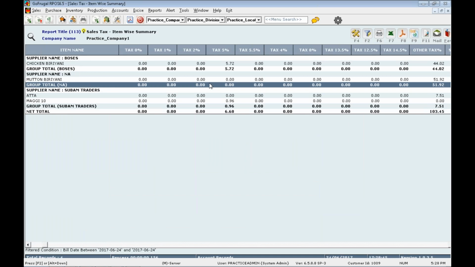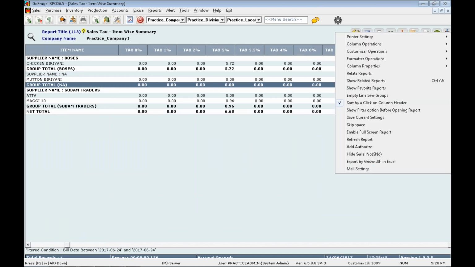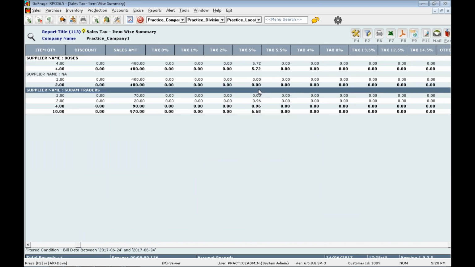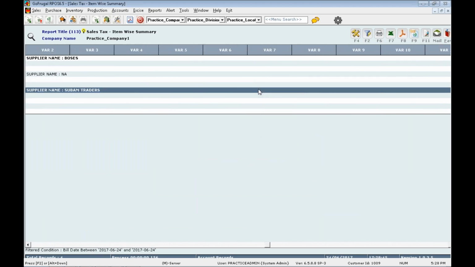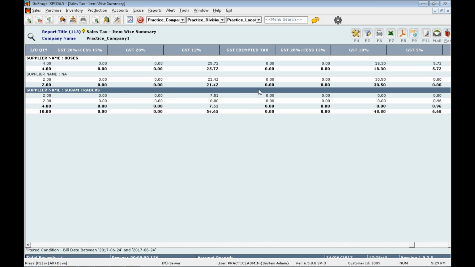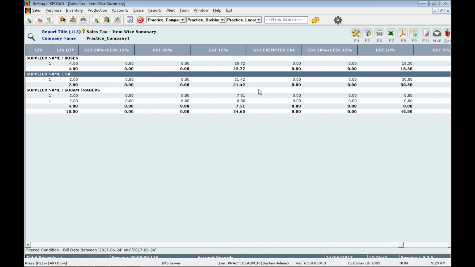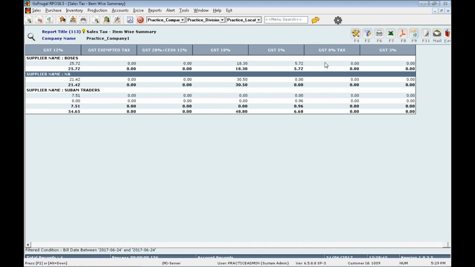Here we can see for all items, the GST percentage based has been applied and also split up. Like this, you can go through all the 7 reports which we have released as of now for the purchase and sales, and you can verify that tax split up in the report also.